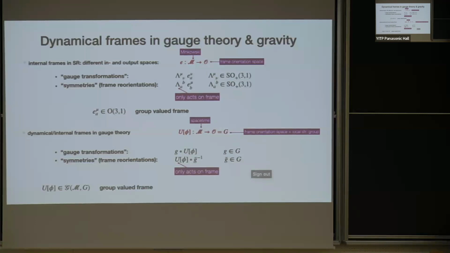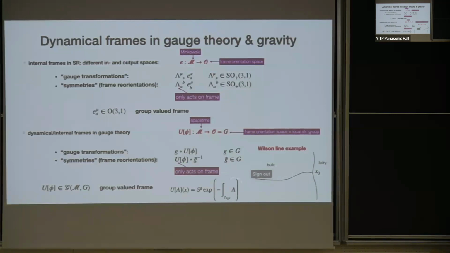And here, if it's a non-abelian theory, then we have to be careful again with left and right multiplication. And gauge transformations can be, for instance, the ones that act on the frame from the left, and frame reorientations from the right. And then this thing here is going to be valued in the space-time gauge group. So it's a group valued reference frame. And just to give you a bit of an intuition of how you can realize something like this, if you have, for instance, some asymptotic boundary with some anchor point x naught, you can shoot in, for example, a Wilson line into the bulk.